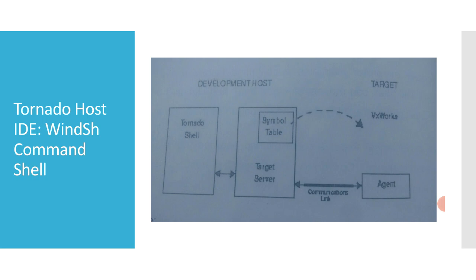In this figure you can see shell operations involve three components of the Tornado system. The shell, on the left, is where you directly exercise control. It receives your commands and executes them locally on the host, dispatching requests to the target server for any action involving the symbol table or target resident programs or data. The target server manages the symbol table and handles all the communication with the remote target, dispatching function calls and sending their results back as needed.